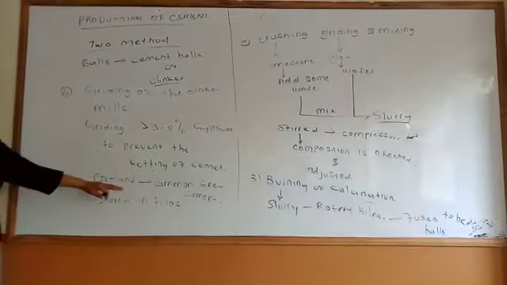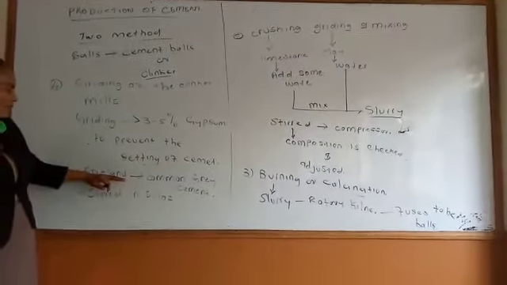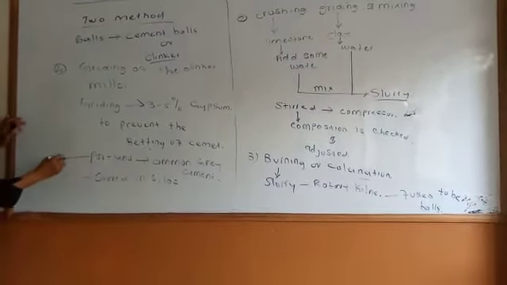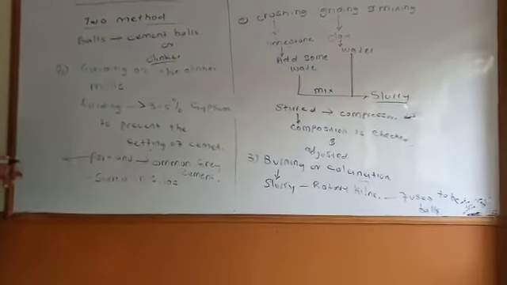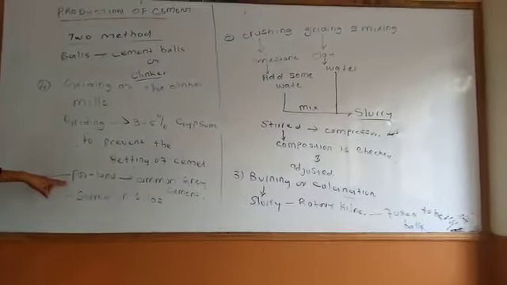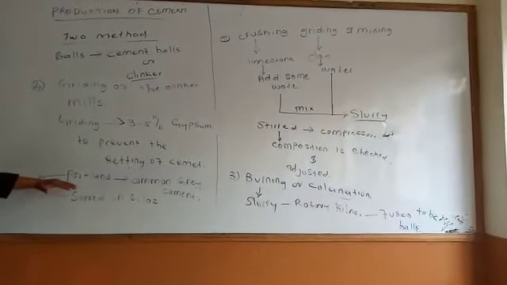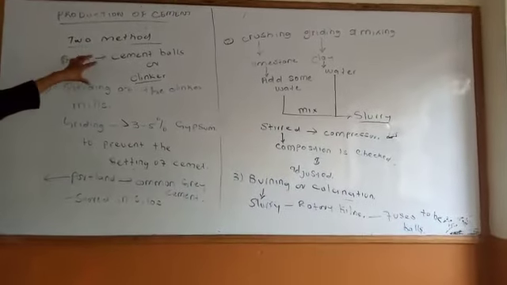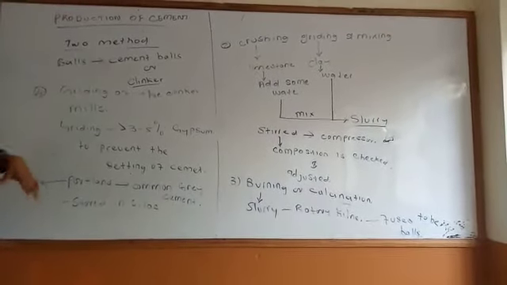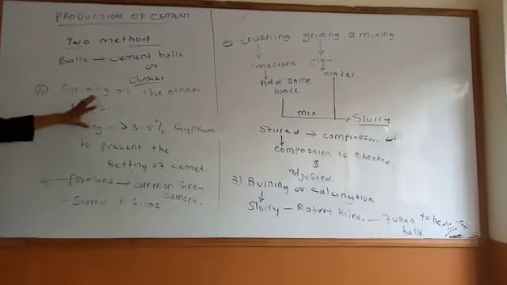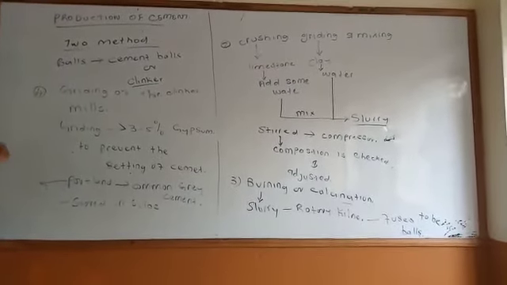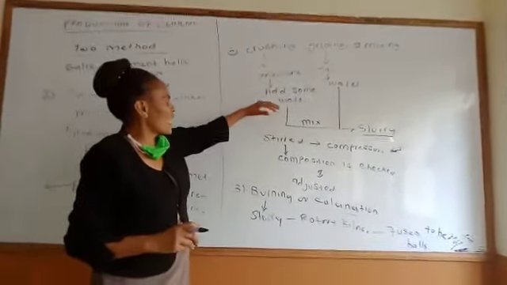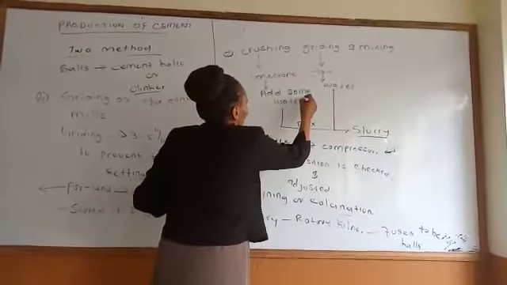The reason why we refer to this as Portland cement is because it acts as a base, or the initial material, for the other types of cement. Those are the 4 steps that we have for the wet process. And the reason why it is commonly referred to as the wet process is because we are adding some water at a point.